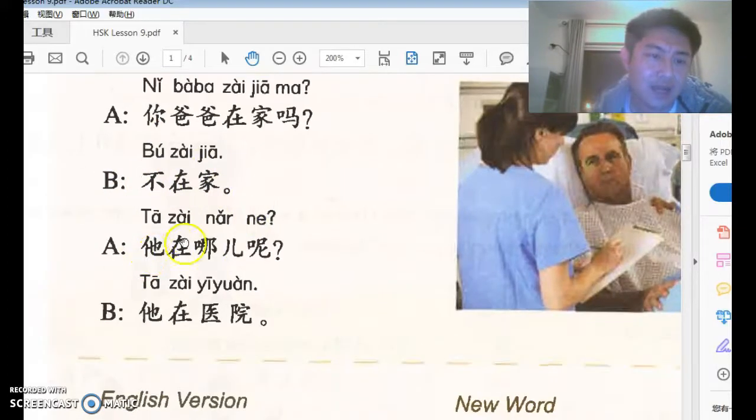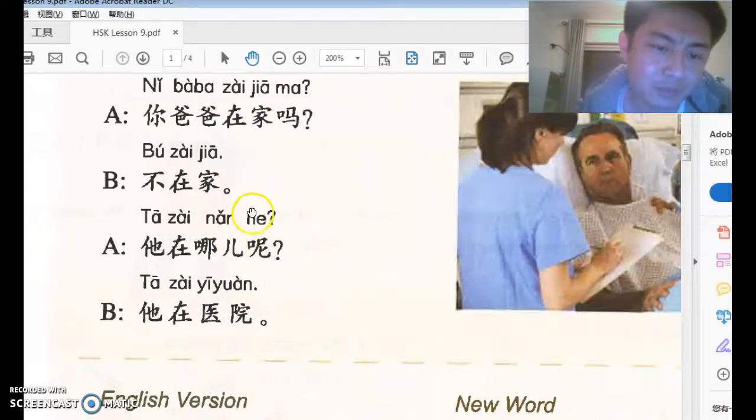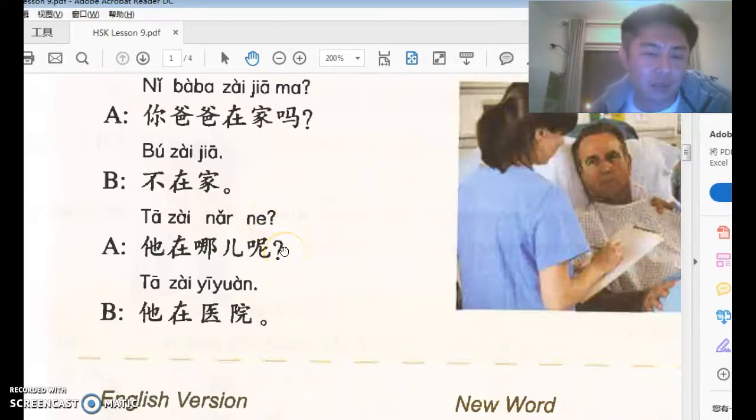Then A says 他在哪儿呢? Here we have another ne. We learned ne before, a modal particle that is placed after a noun to question the status of this noun, like how about or what about, like 你呢? 你妈妈呢? And your mother, or how about your mother, right? Depending on the context, that's what this ne means. It asks different kinds of questions, or questions the different status of whatever